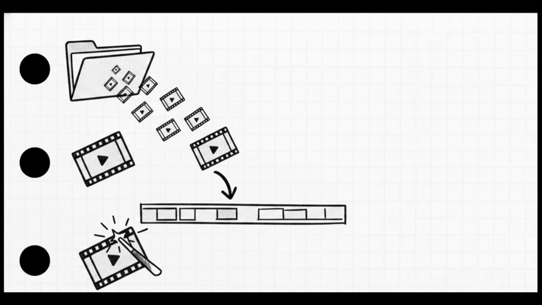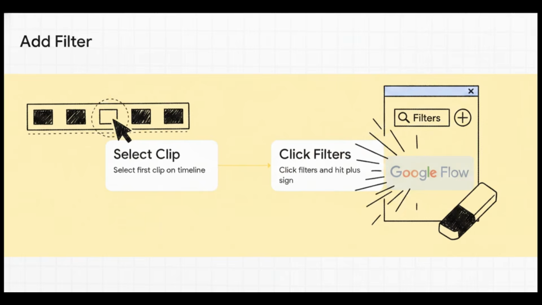Then you just click and drag each clip right down onto your timeline. This is huge because it lets you remove every watermark in a single, highly efficient pass, rather than starting from scratch for every single video. So, let's execute the actual edit. Step 1, select that very first clip you just dropped onto your timeline. Step 2, navigate over to the interface menu, click Filters, and then hit the little plus sign. Just 2 quick clicks, and you're perfectly set up for the specific tool we need to erase that branding.